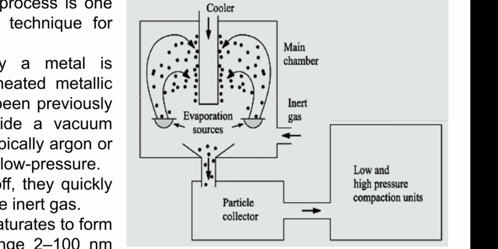get collected on the finger. They also have a chamber which is called a particle collector. Once you stop the system, there is an arrangement in such a way that you can collect the powder in the particle collector. Then you can take it out, or you can compress it inside another chamber which will not oxidize it, in the form of a disc or any kind of shape in which you are interested.